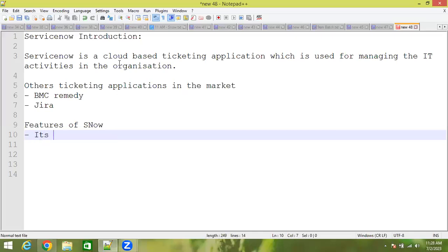There is no condition that you have to log in from a specific device only, because a few applications like BMC Remedy are machine specific. You can log into Remedy only from a dedicated machine where it is installed, but ServiceNow is not like that. You can access it from any machine provided you have proper access to the application.